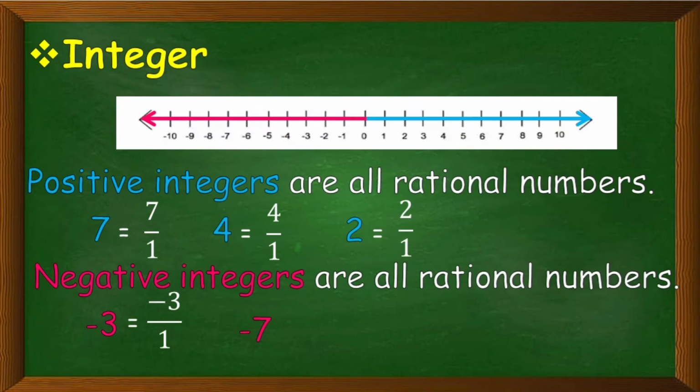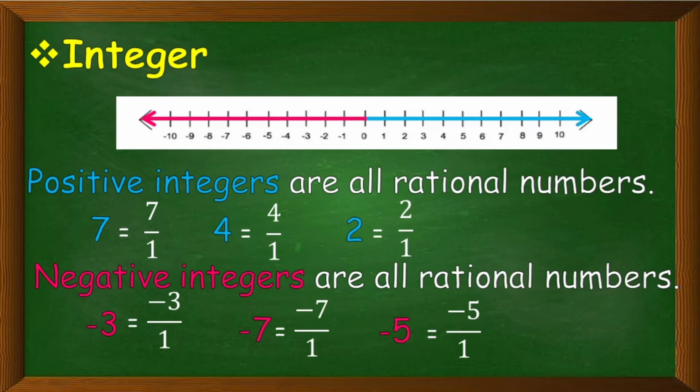Negative 7 can be expressed as negative 7 over 1. And negative 5 can be expressed as negative 5 over 1. So as we see, both positive and negative integers are all rational numbers because the values of a and b